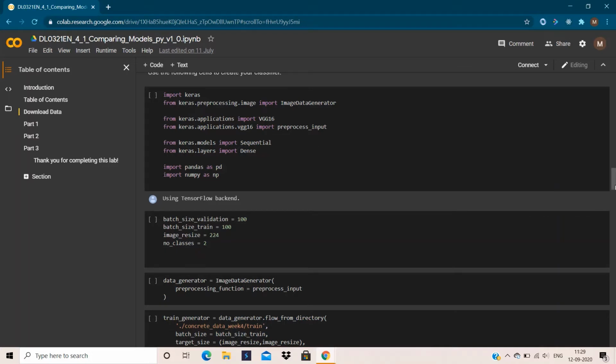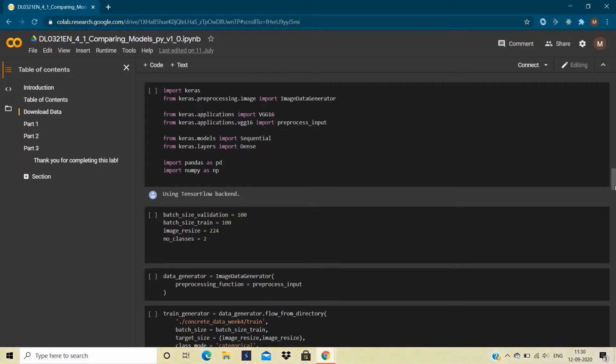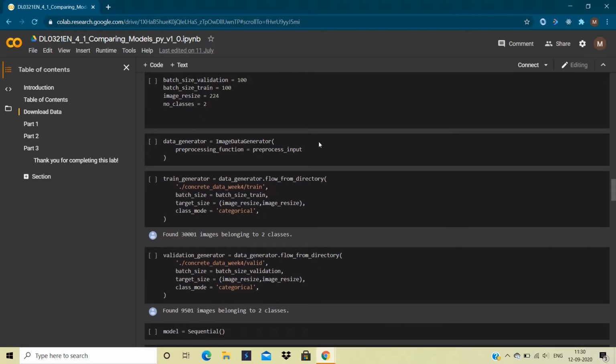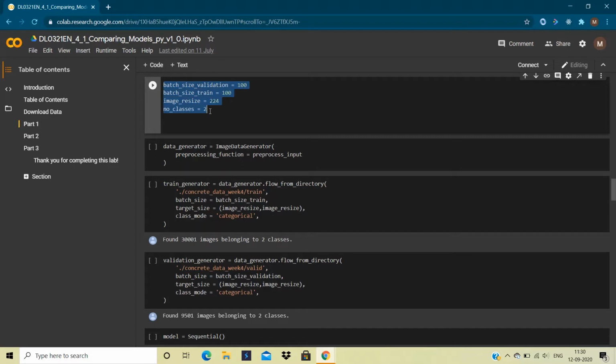After that you have to import sequential, dense, then pandas as pd and numpy as np. And after that we are going to initialize some variables, that is batch size of validation and training data, image resizing, and the number of classes that we want in the output. As there are two labels, positive and negative, the number of classes will be 2.